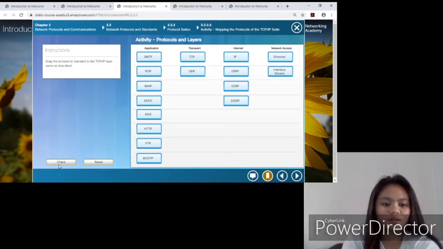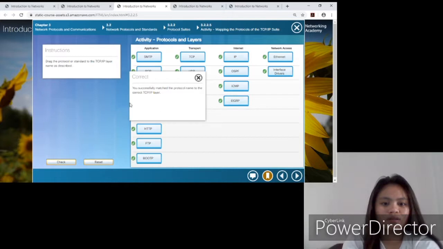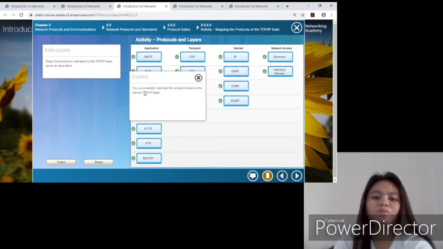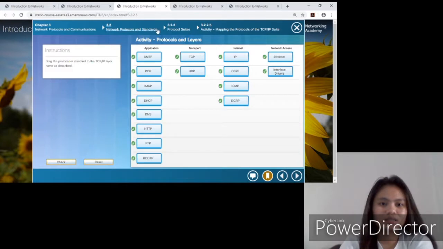So let's check. You successfully matched the protocol name to the correct TCP/IP layer. Next is